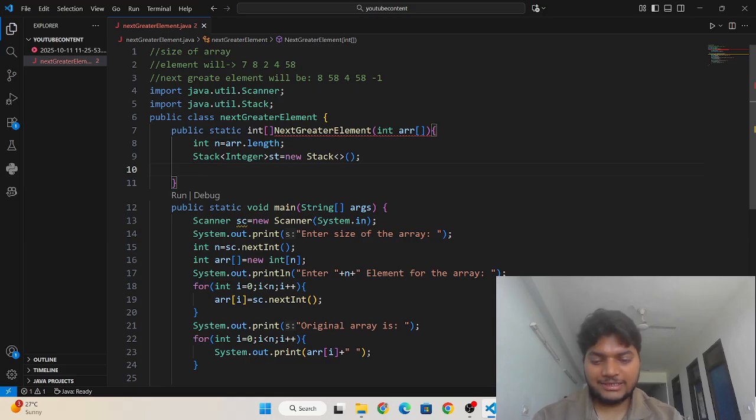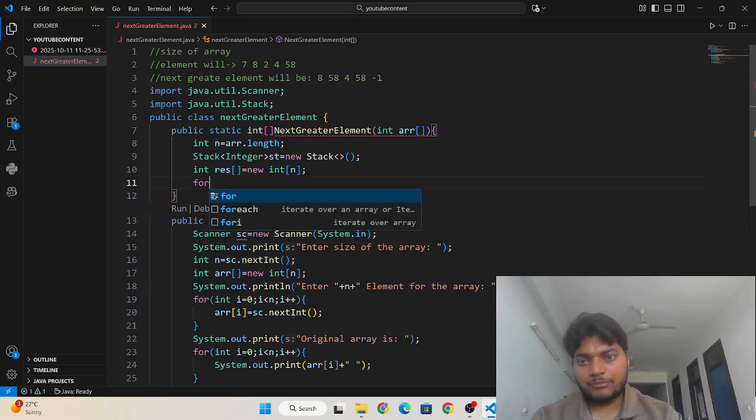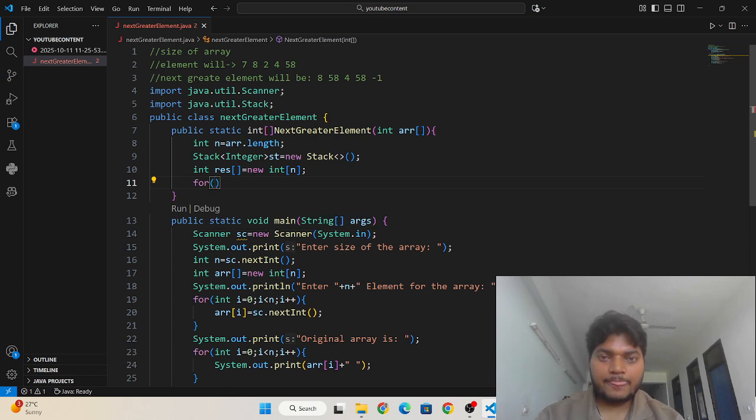So I need to declare here int res, that is the result array, is equals to new int of size n. Here n is the size of the previous array. Then I'm going to traverse each element of the original array from right to left, because we have to find the next greater element on the right.